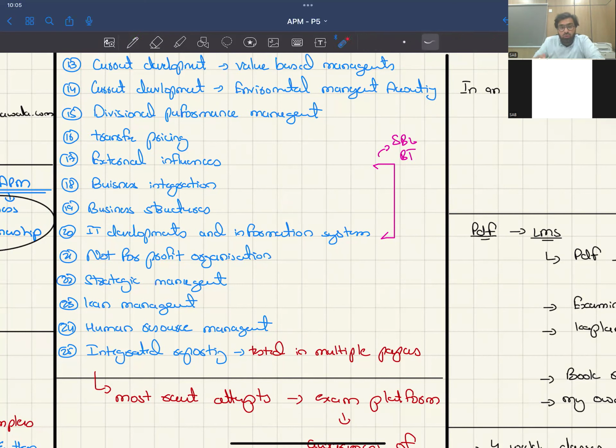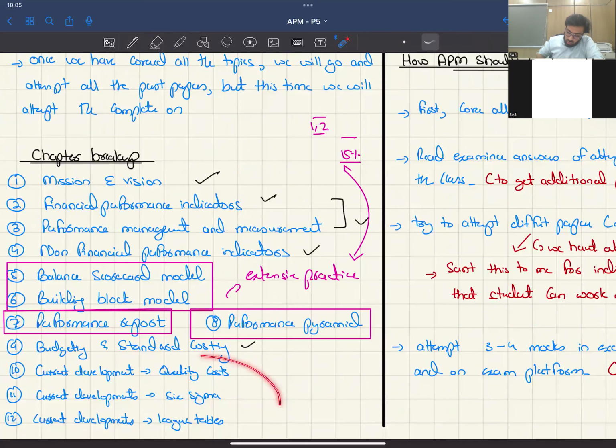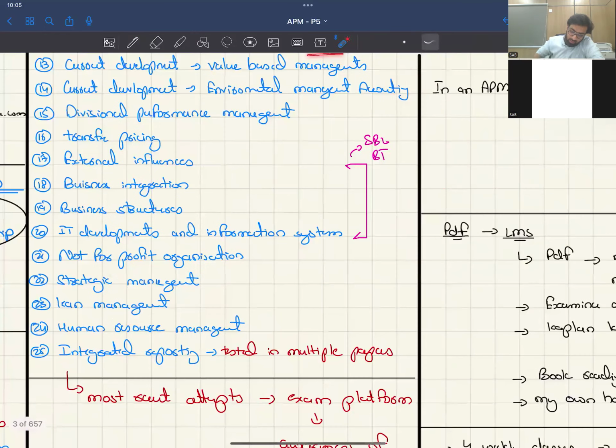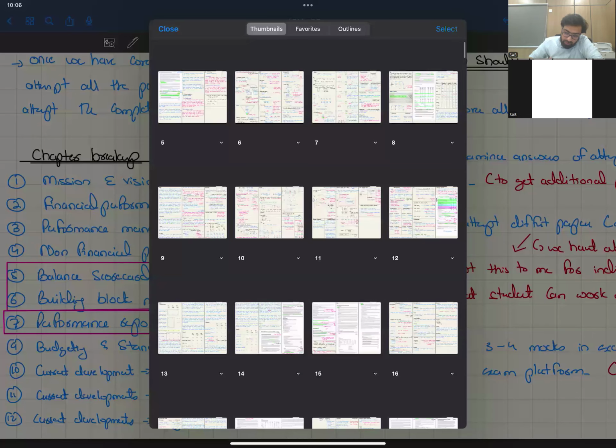So now my focus would be to have approx 10 to 15 regular classes to cover all these things, and maximum practice I'll be having on the exam platform so that you get an idea, right? So what we should be doing now is completing your assignments and attempting maximum papers that are available, the full papers on the ACCA exam platform, and on other websites, so that you get a habit of solving these things, right?